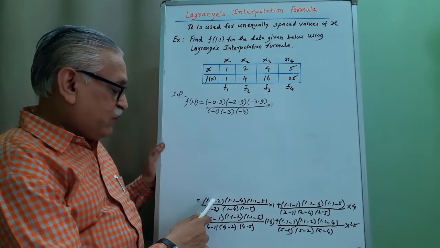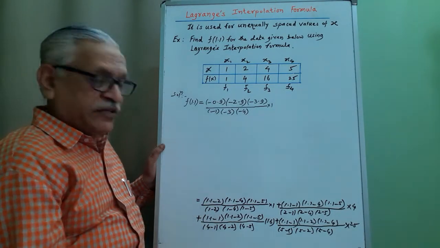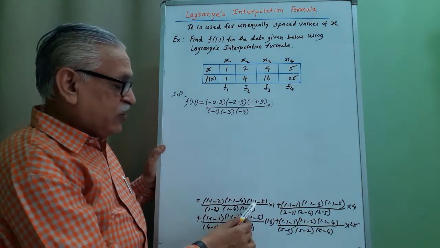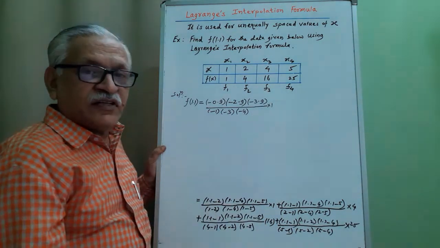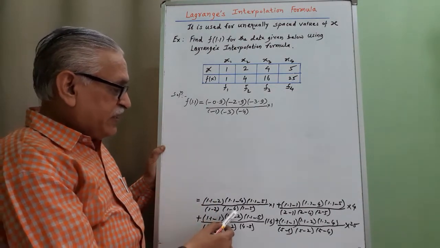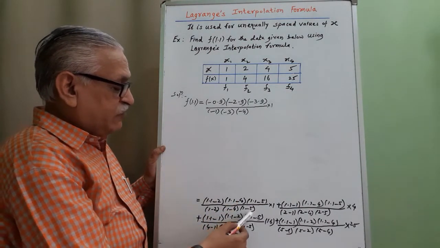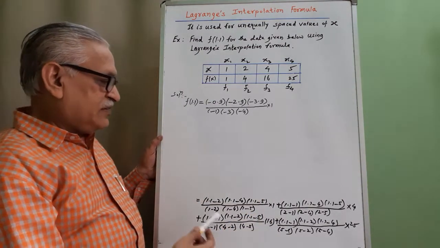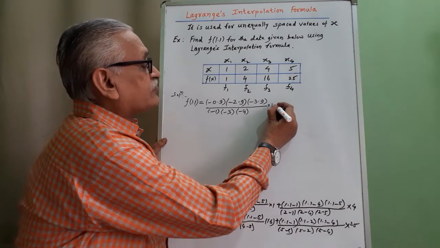Simplifying it, 1.1 minus 2 we get minus 0.9, 1.1 minus 4 we get minus 2.9, 1.1 minus 5 we get minus 3.9, divided by 1 minus 2, nothing but minus 1, 1 minus 4 is minus 3, 1 minus 5 is minus 4, into 1, then plus, next